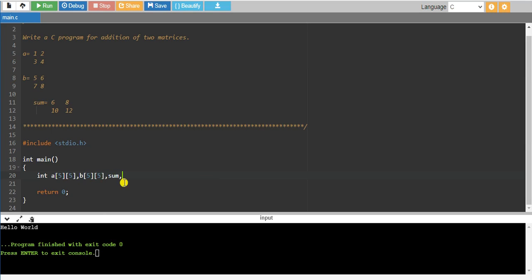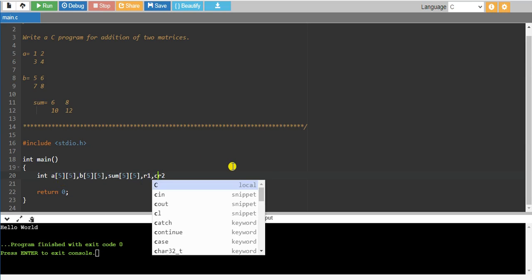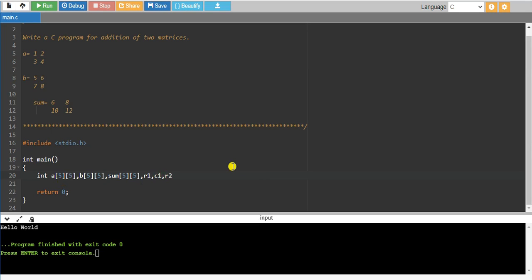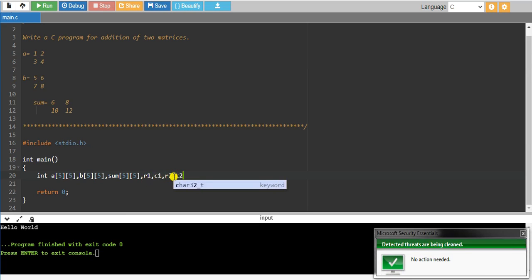Then sum is my new array. Then we need the rows of the A matrix and rows of the B matrix, so R1 and R2, or rather R1 rows and C1 columns of the first matrix, then R2 rows and C2 columns.